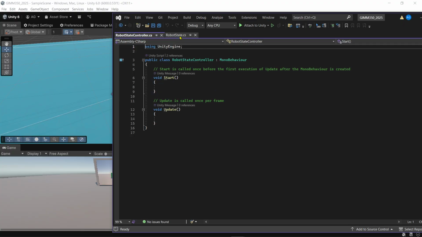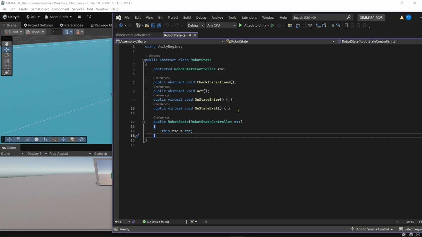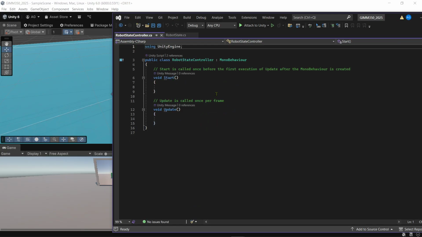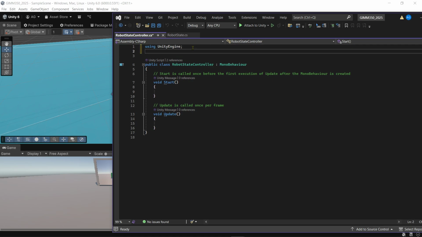All right, so now that we have this, look, it's amazing, the red lines go away. For this, we want to definitely make sure we are using, we might add a couple more later, UnityEngine.AI, right? We're going to be using AI for this, specifically, if nothing else, for our nav mesh. All right, so we are going to set this up that the robot is going to navigate this environment